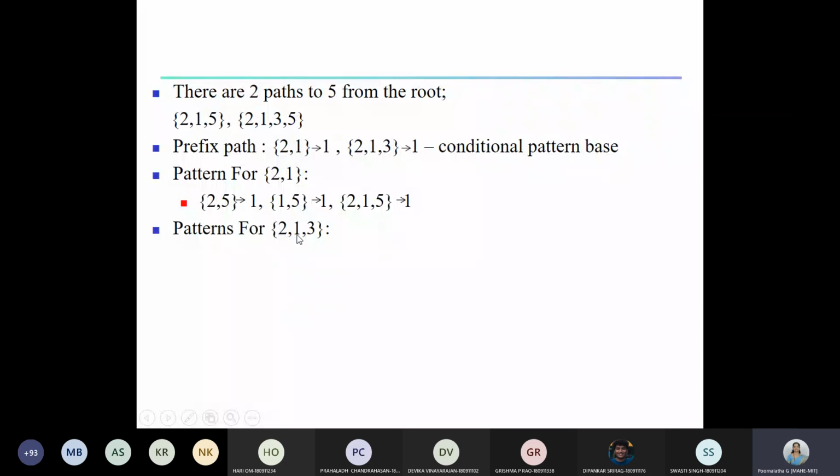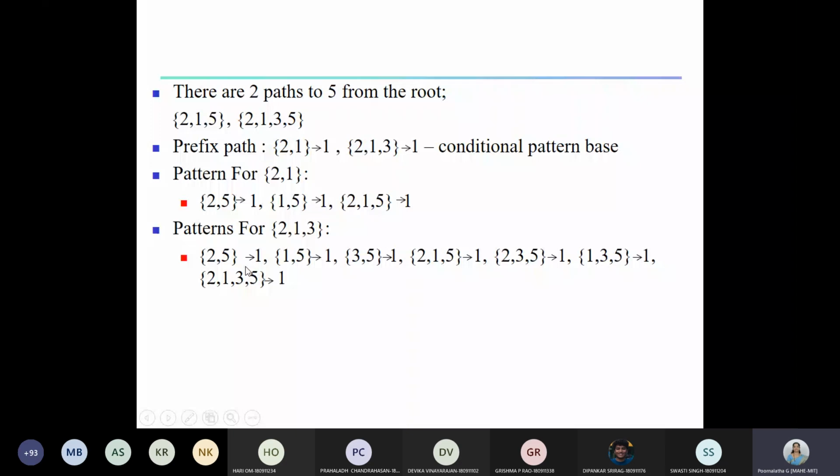So basically for this prefix path, we consider the item 5 and we try to come up with all possible item sets of different sizes, whatever is possible. You can see these are the only 3 item sets of size 2 which are possible here: 2, 5, 1, 5 and 3, 5. Similarly, next are the 3 item sets: 2, 1 with 5, or 2 and 3 with 5, or 1 and 3 with 5. They are the only possible 3 item sets. Next, after 3, the 4 item set: 2, 1, 3, 5. There are no other possible ways of generating any item sets.